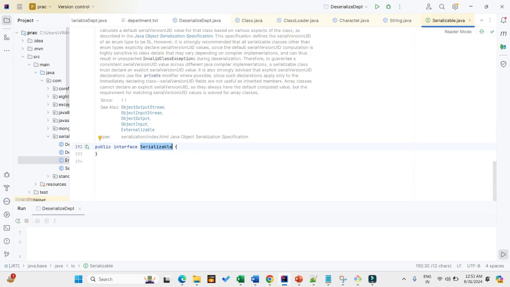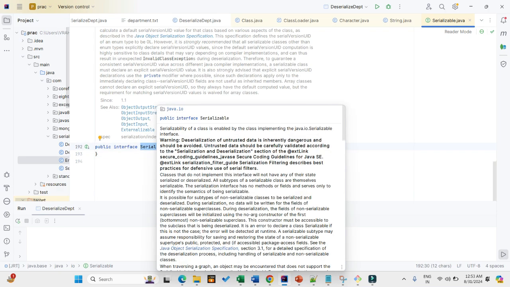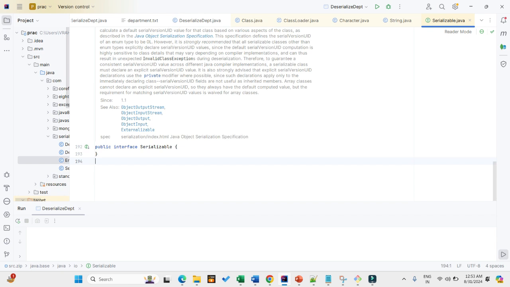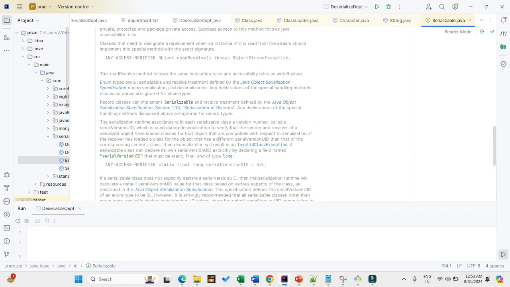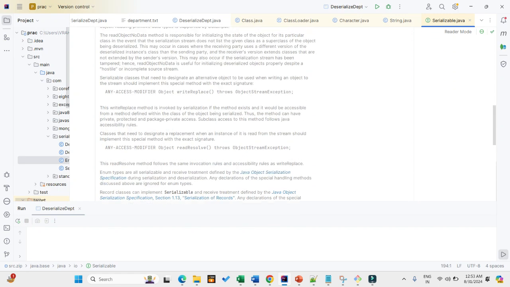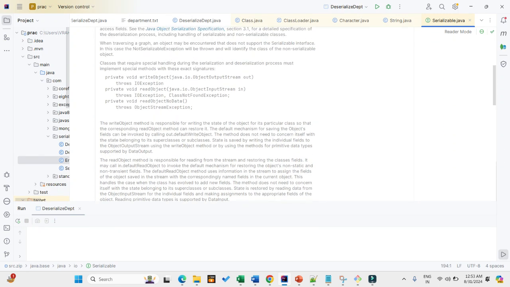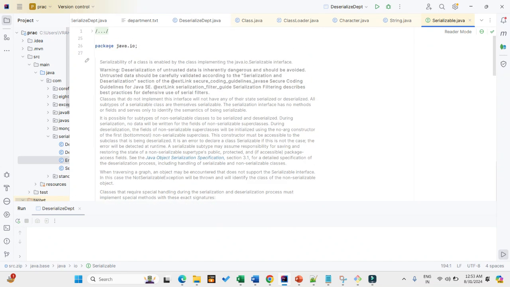If you see here, this is an interface. What is it actually? It's a marker interface. So what is a marker interface? A marker interface is an interface which has no methods, and it's a special kind of interface. There is nothing it performs, it doesn't have any specific method inside it, but